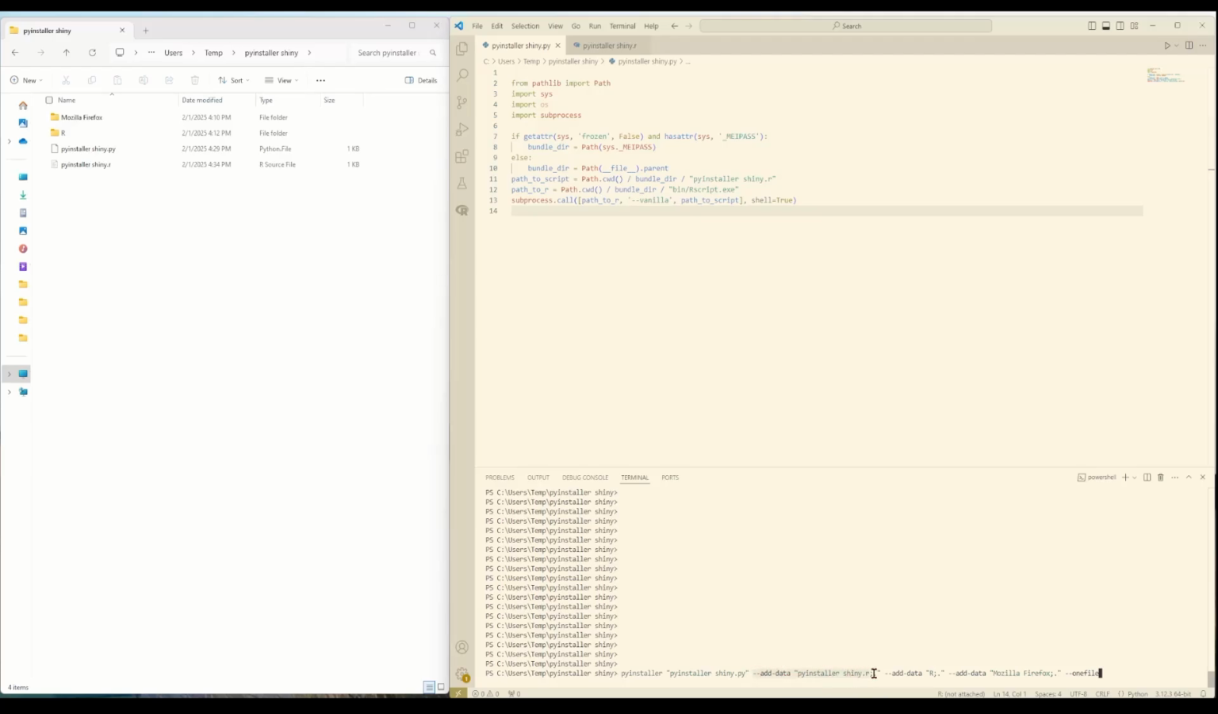So this is adding in the R script. This is adding in the R installation. This is adding in the Firefox installation. And then this one file option is important. If you don't do that, it won't end up having the internal files inside the executable. So if you want it to truly be a one file executable, you need to use this one file command. And so if we run that, the result will be,